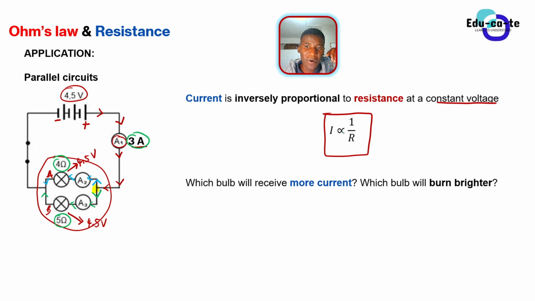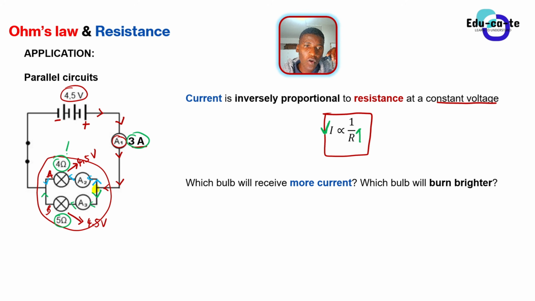What can we say about this law? The greater the resistance, the lower the current that will be in it, because the word inversely proportional describes a relationship between two variables whereby when one goes up, the other goes down. They are always opposite to one another. That's an inverse relationship. So when you have got a greater resistance, we will have lesser current passing through that resistor. When you have got a smaller resistance, we will have more current passing through that resistor.